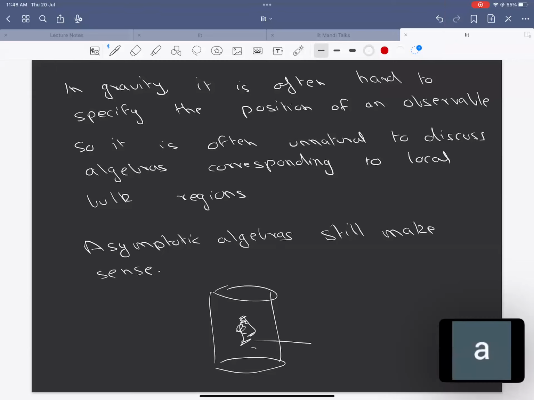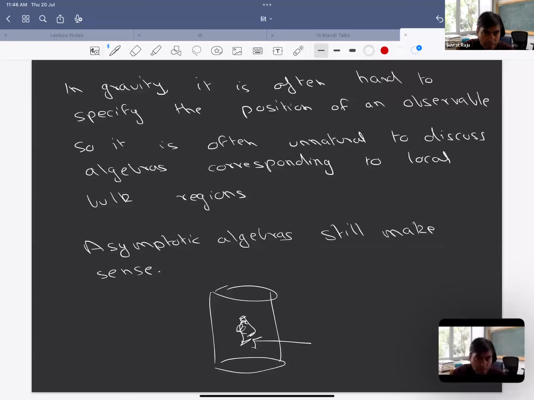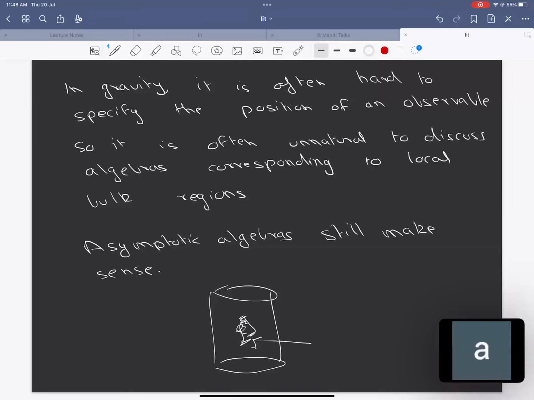So for instance, when we discuss AdS, what we really mean is that we might have something happening in the bulk. So sorry, there is a question in chat. Do you want to take the chat questions in the end? No, I can take them now. I'm not able to see. I can just read it. It's by Krishna: what about recent works of Witten et al. who try to give a description of local observable algebras in this static patch?